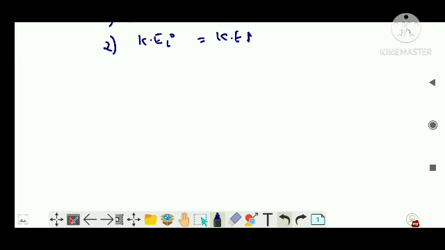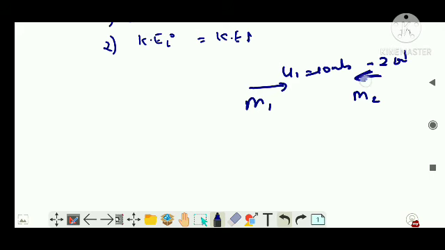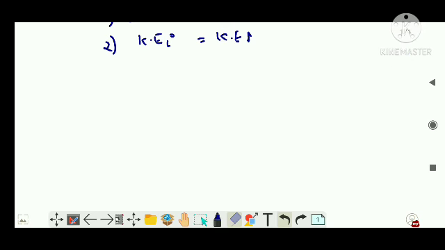See, this can be arranged, it's okay. Suppose M1 has velocity U1, let's say 10 meters per second. M2 can move with 20 meters per second, but in this direction. So that means it can be a negative direction. Then also, U1 is greater than minus 20. I took this as minus because I am taking this direction as negative and this as positive. So always keep in mind, if you have to have a collision, then U1 should be greater than U2.